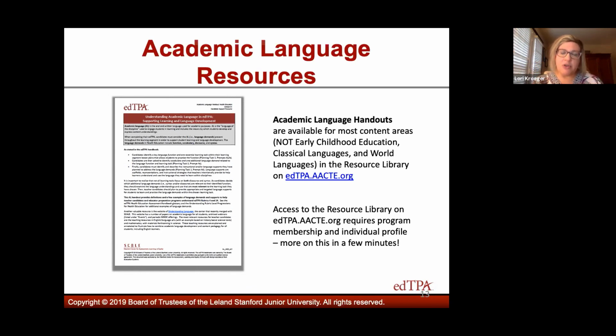They're available in the resource library on edtpa.aacte.org. And again, you'll have this PowerPoint, so you'll be able to click the link and get there. I put on here as a reminder, and I'm going to talk about this later, that access to the resource library does require program membership and an individual profile. So hang on, more about that in just a few minutes.